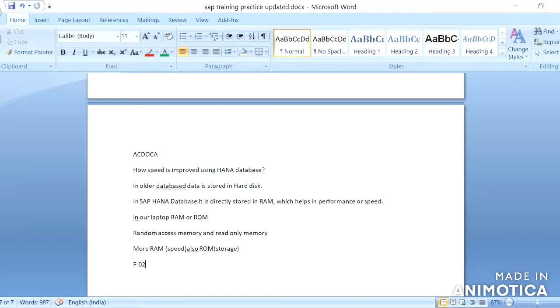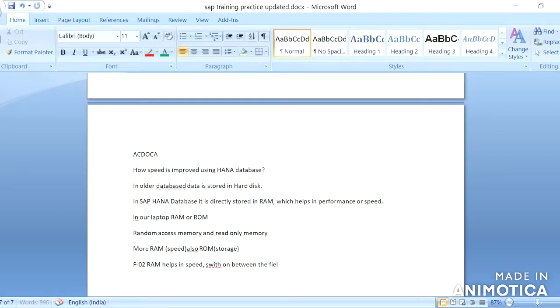The RAM helps in the speed, meaning how fast the transaction opens and how fast we can switch between the fields.